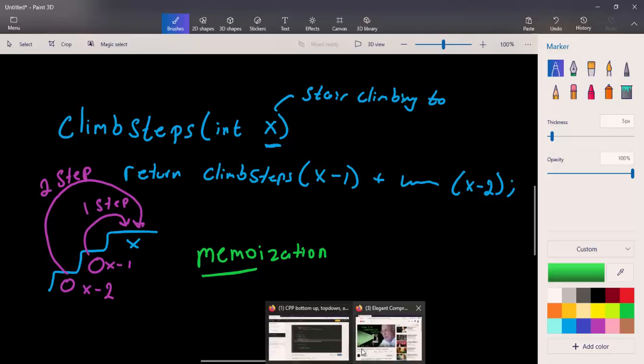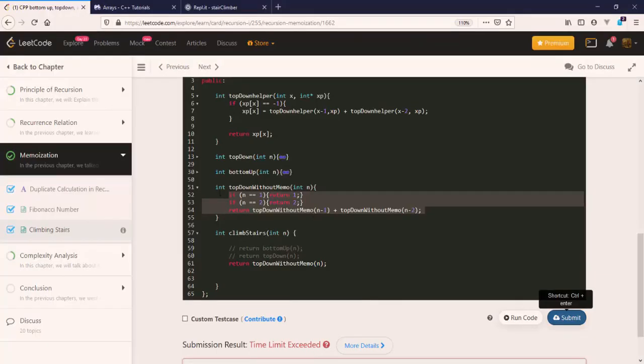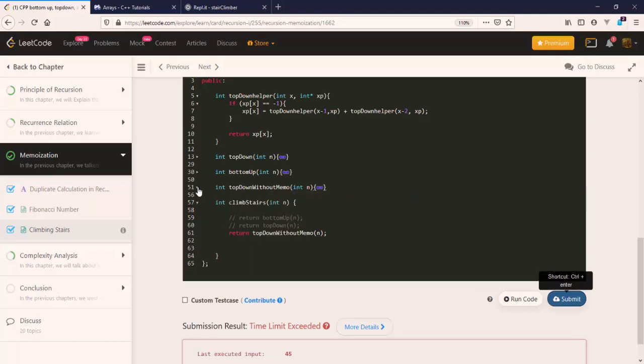So again, I have the answer here. So let's take a look at it. By the way, this gets into the realm of dynamic programming. And what is dynamic programming? You can think of dynamic programming as recursion with memory. So we start to write down all of our answers as we do it. So let's look at a more straightforward example of